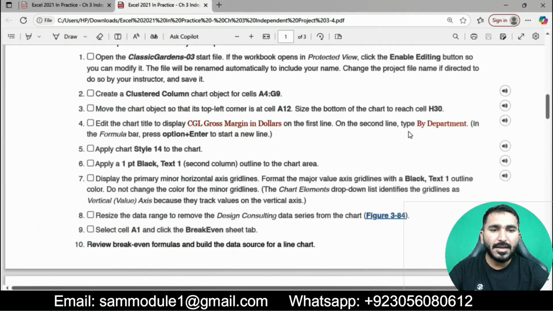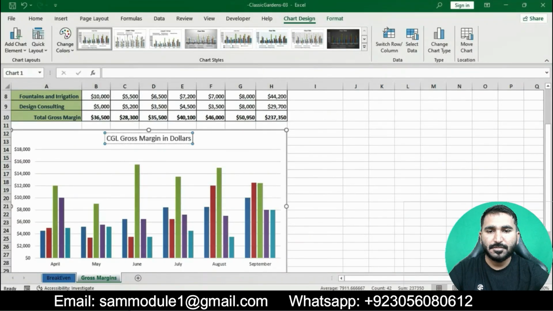On the second line, we add By Department.